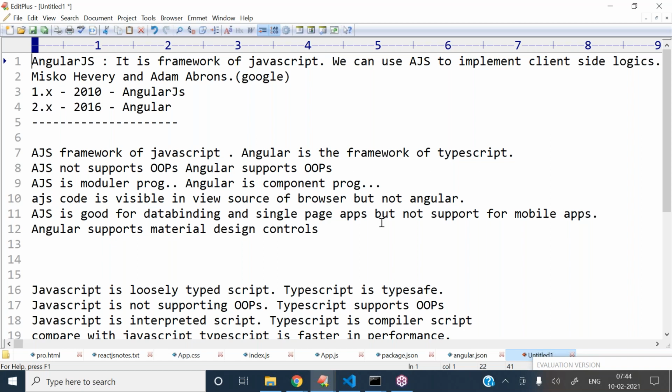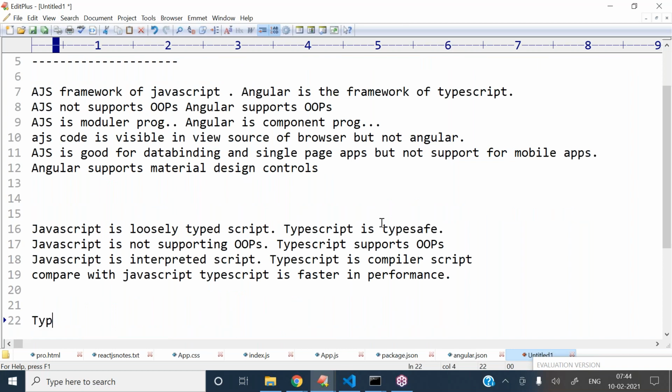Now we need to start Angular concepts. But before that, we need to discuss TypeScript concepts, because the prerequisite to learn Angular is TypeScript. TypeScript is required to work with this, so we must know the concepts of TypeScript, and then only we can easily work with that. Due to that reason, first I need to start TypeScript, then only can you understand the concepts of Angular.